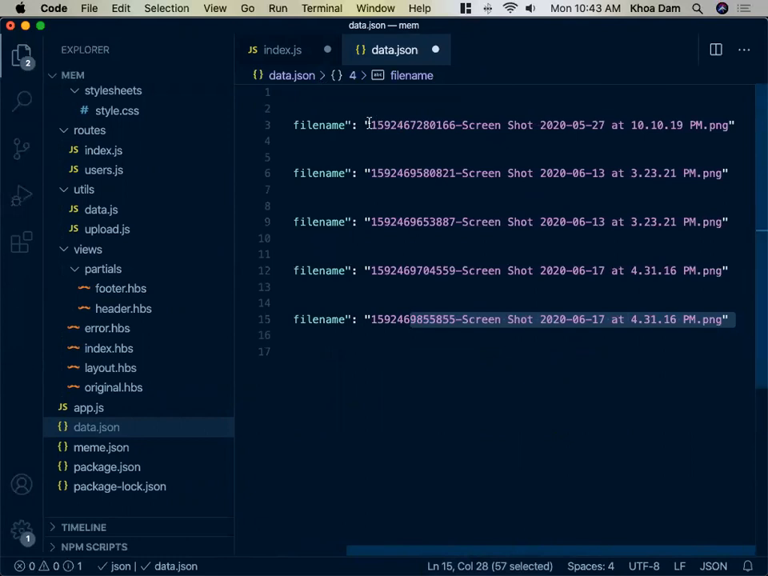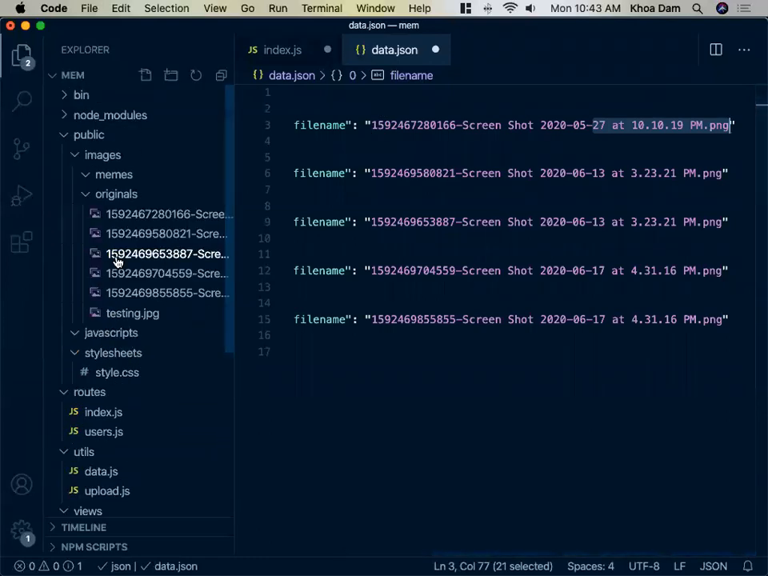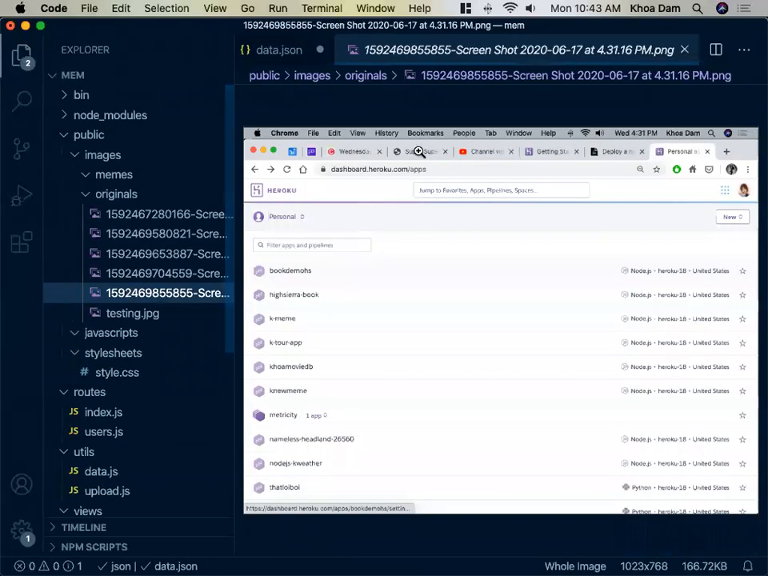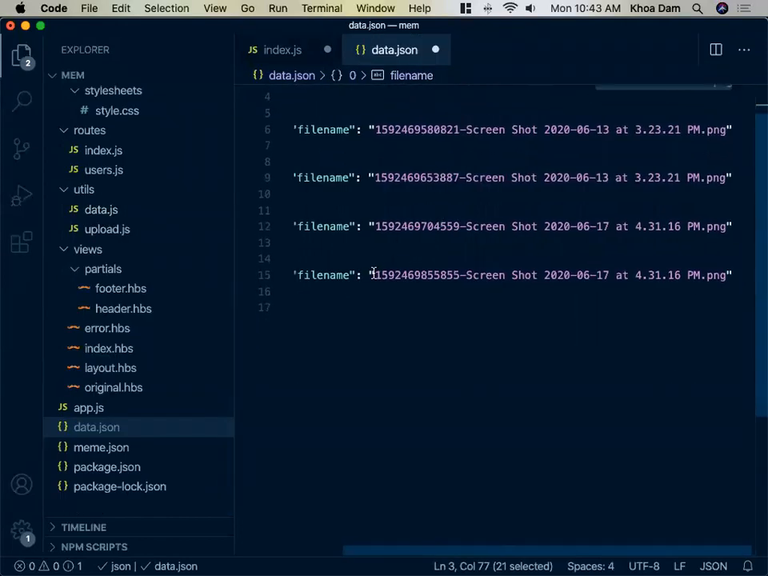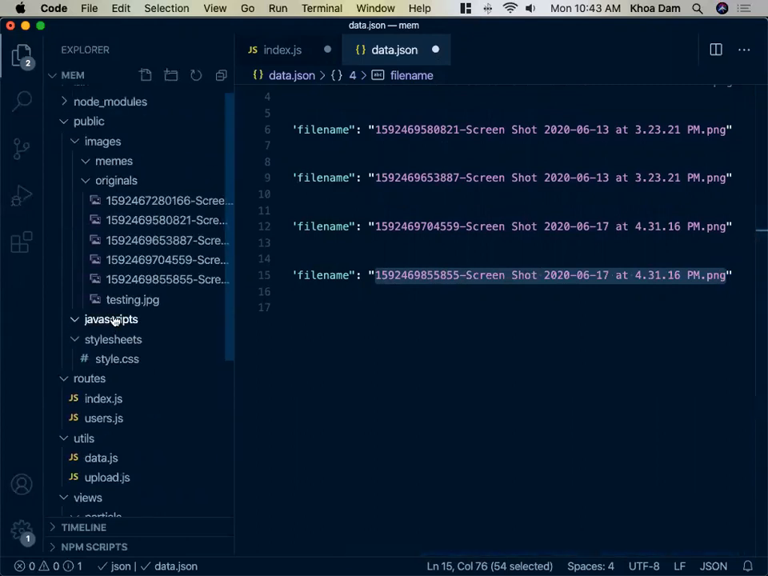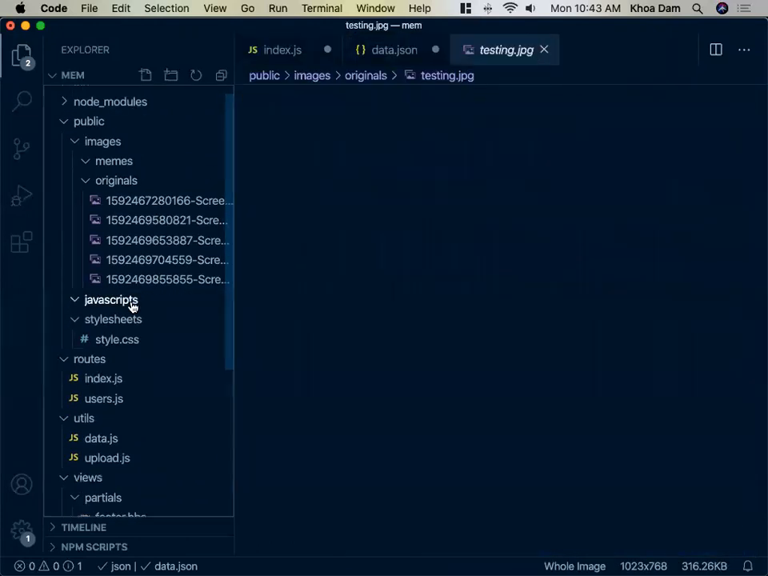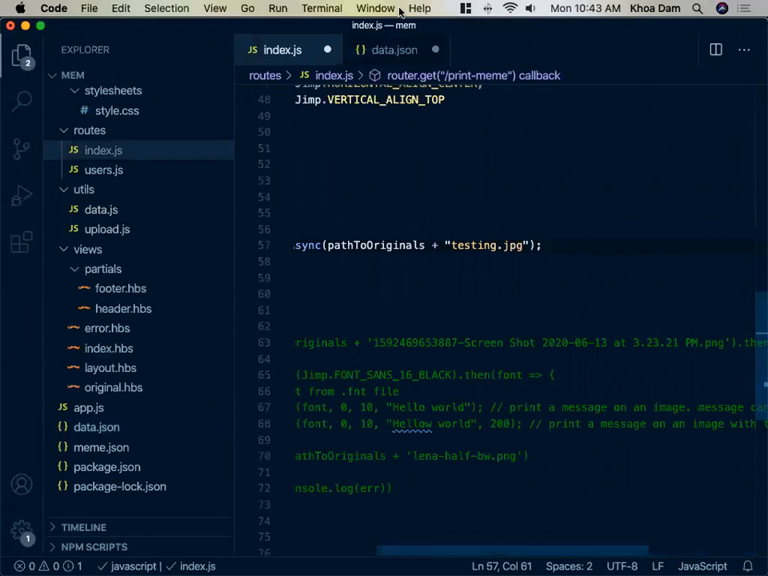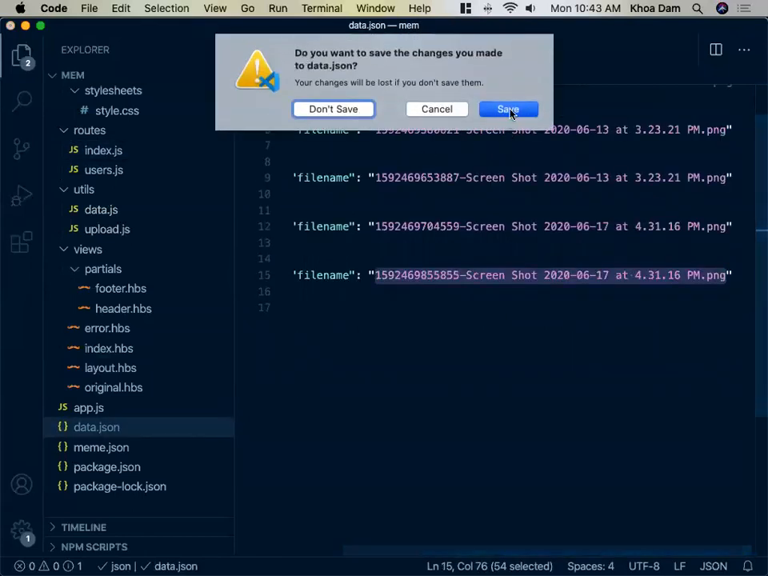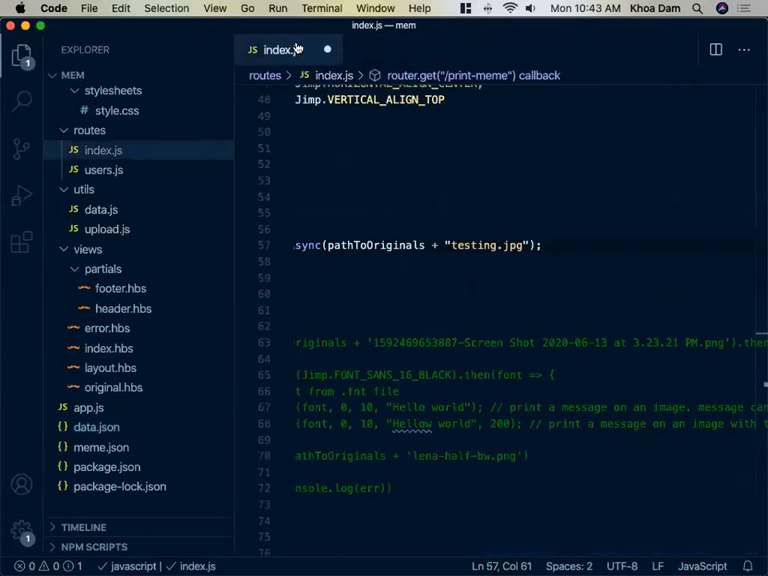You need to send something like this. I'm gonna send this file name. For example, let's try to change this file, right? So what's the name of the file? 1592 and then 55 in the last. So it's gonna be this file. Okay. I'm gonna copy the name. Delete this file. We don't need it. Copy that name. Don't save. Copy that name,